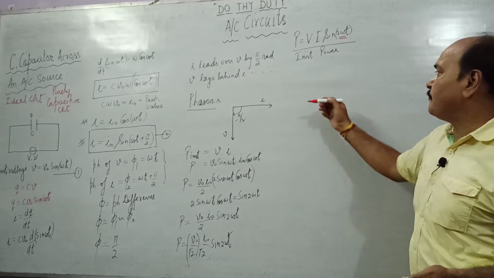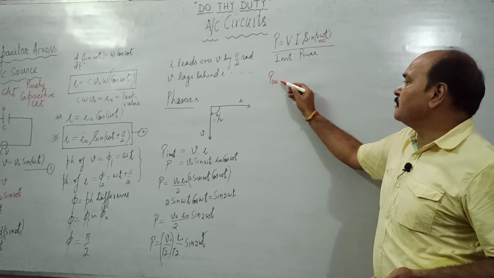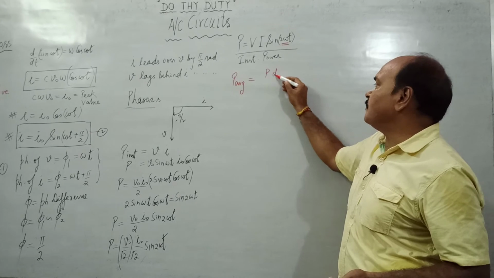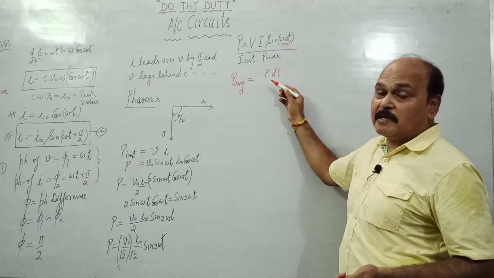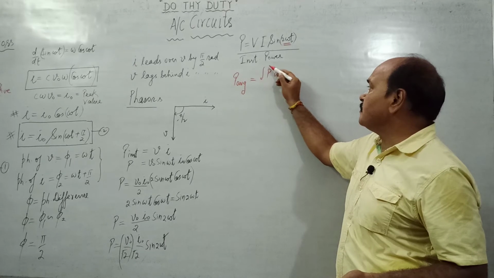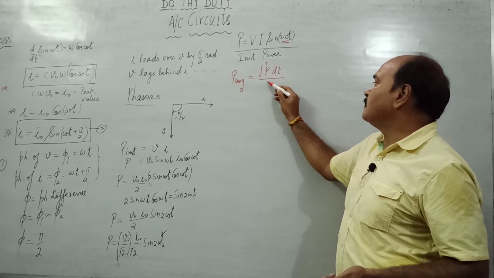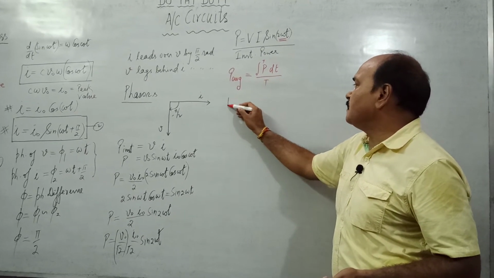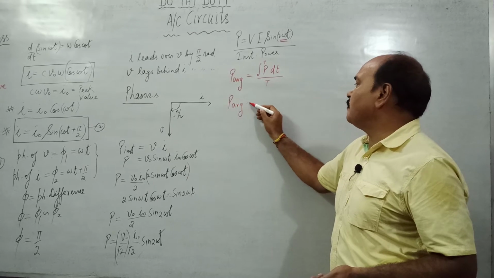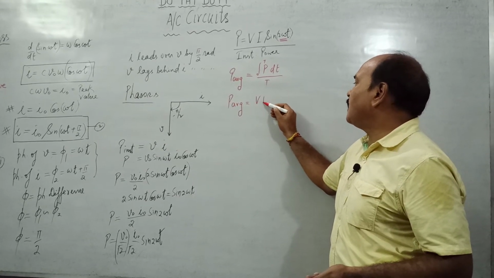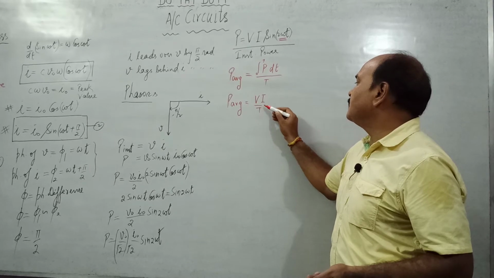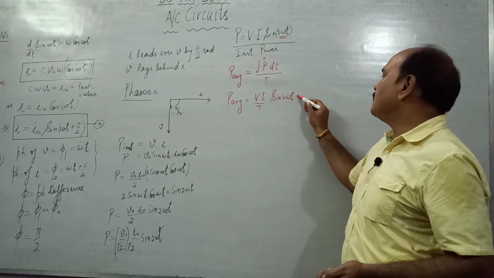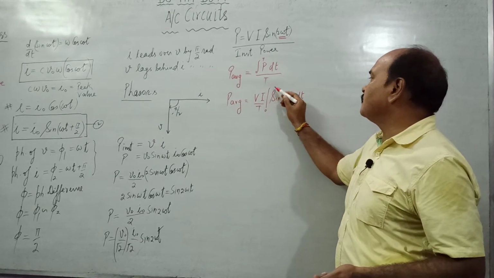Well, if we wish to find out the average value of power, you already know we multiply power with a very small variable, time dt. We integrate it from 0 to t and divide it by the time t. So we substitute the instantaneous value of power here, and we get the average value of power, which is going to be Vrms Irms upon t, and then the integral of sine of 2 omega t into dt from 0 to t.